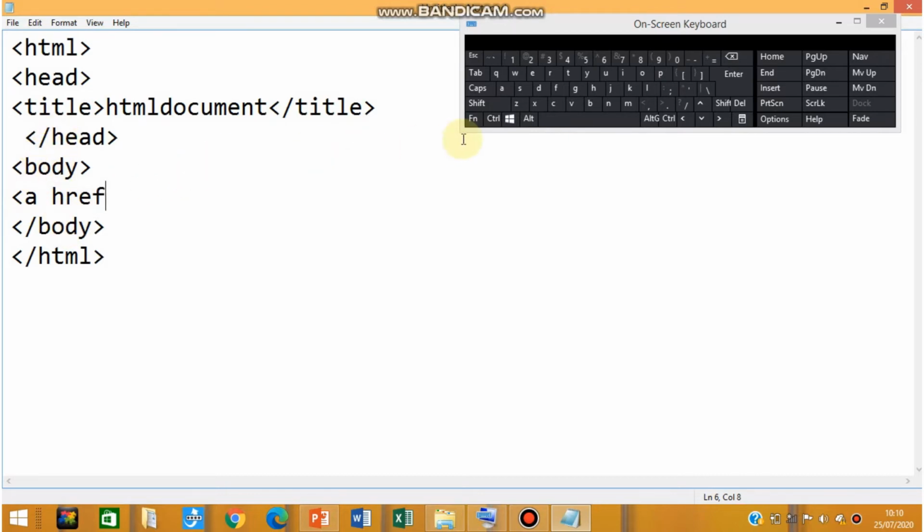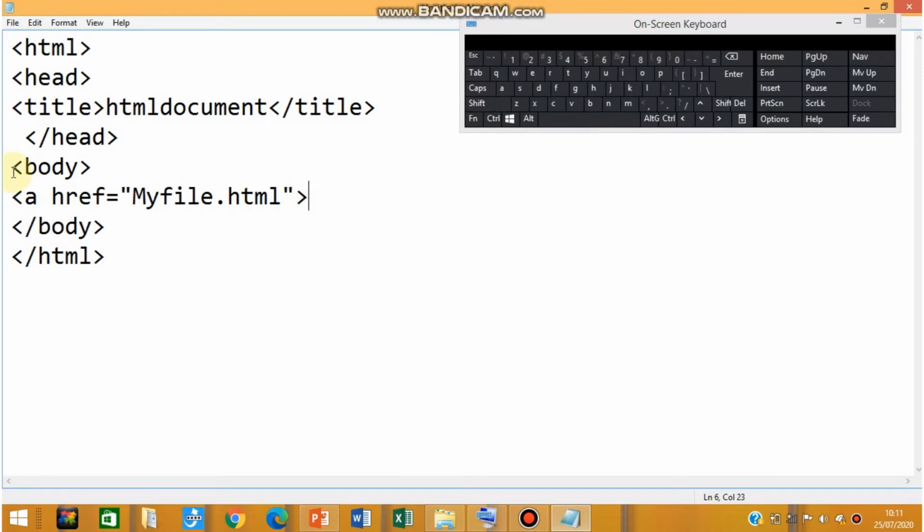Fine. Now, using href is very important. It will link your two files. Href is equal to, in double inverted commas, you have to mention the next file, suppose myfile.html. The second file name is myfile.html. We have not created the second file in Notepad yet. We will create it. Let the name be myfile.html, for example.